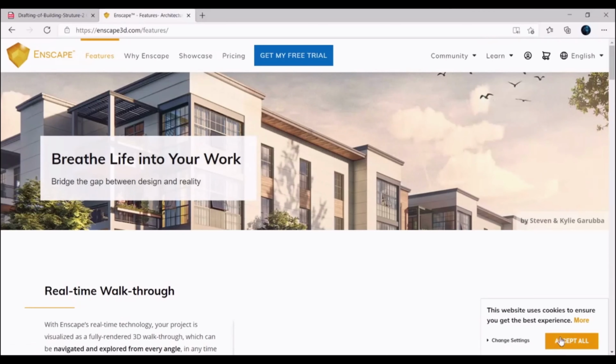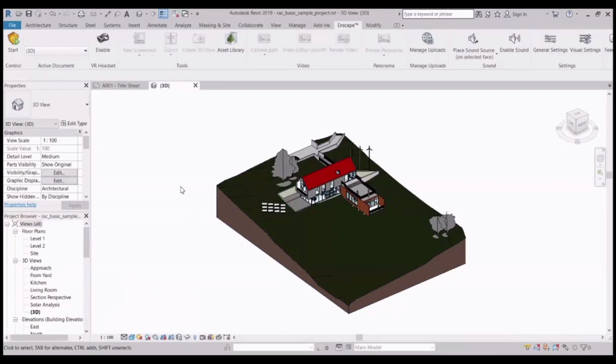Let's jump into the software. After installing it, you will get this Enscape tab. You have to come to this tab, and here you will get all the access for Enscape. This start button is there to switch into Enscape mode from your Revit project.